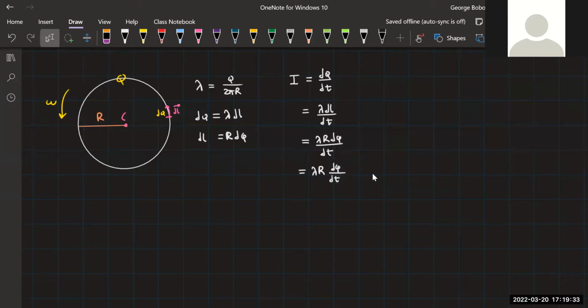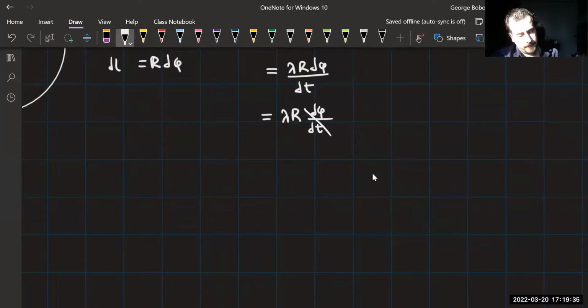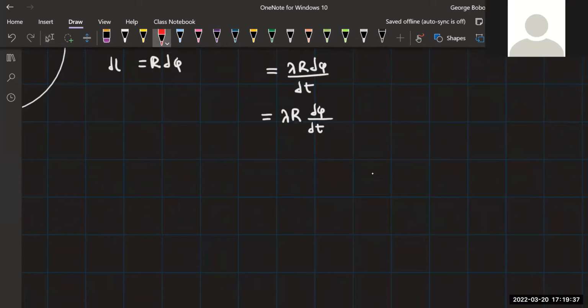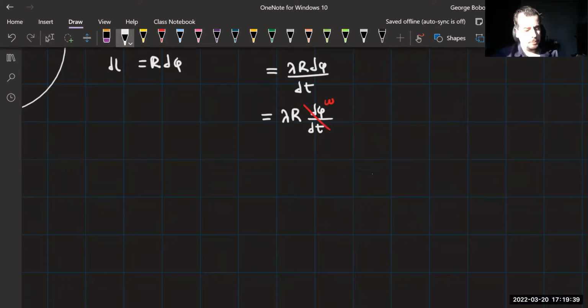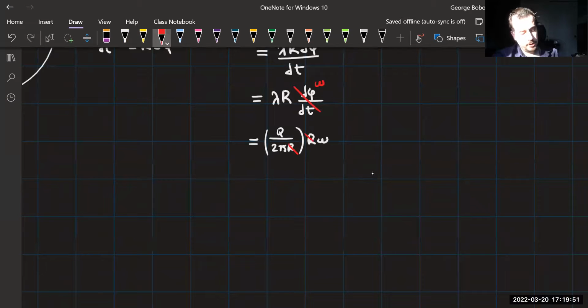But Kelly, what should this be? Omega. Yep. So we put in omega. Now I'm going to do what Kelly told me for lambda. She said q over 2 pi r. So we multiply these together, you get rid of the r, and there's your current: q times omega